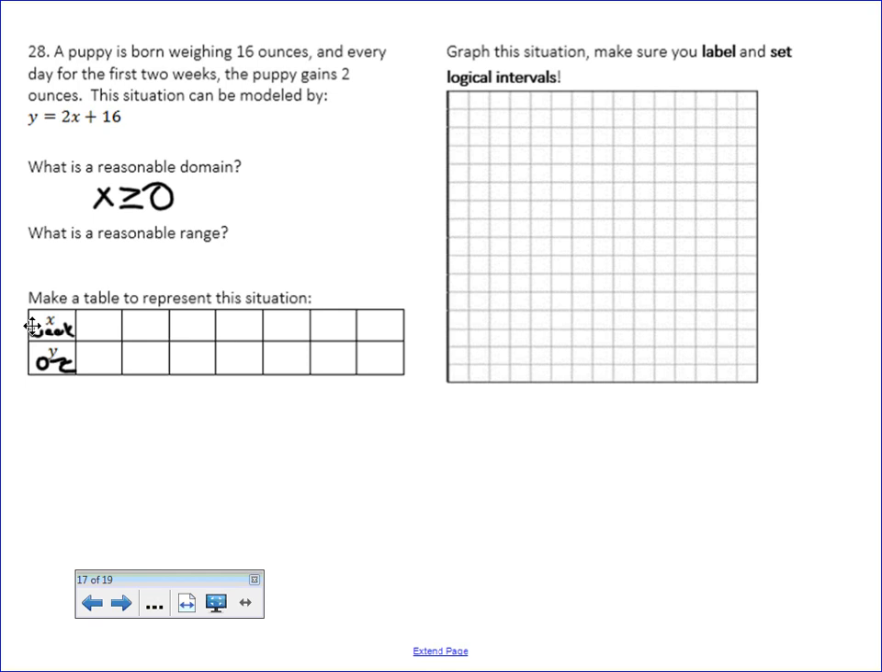And our range has to be greater than or equal to 16 ounces. Yeah, maybe we can go a little bit lower than that. Well, the puppy's gaining weight 2 ounces for the first 2 weeks. So the other thing is, it says this model only goes on for the first 2 weeks. So that means